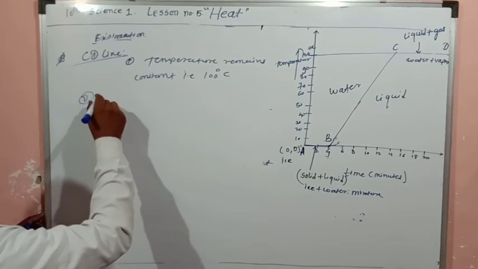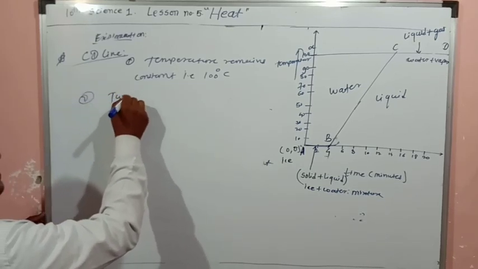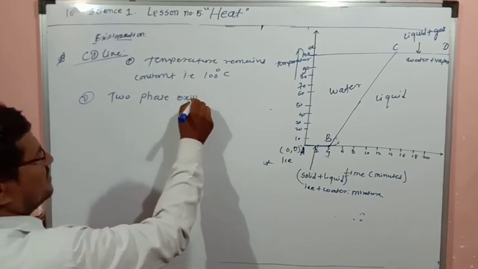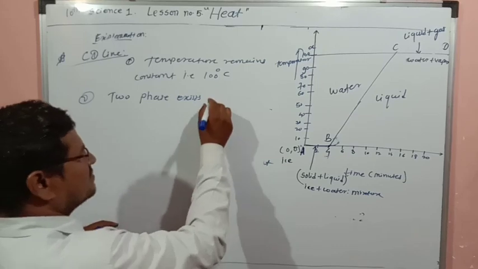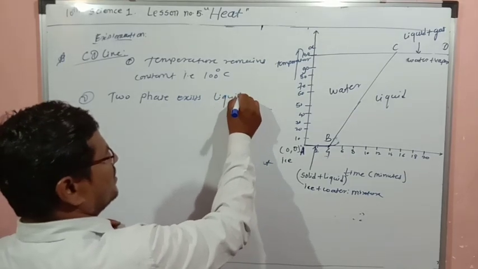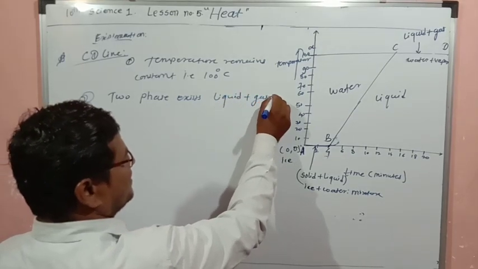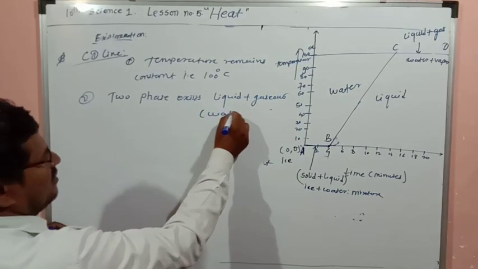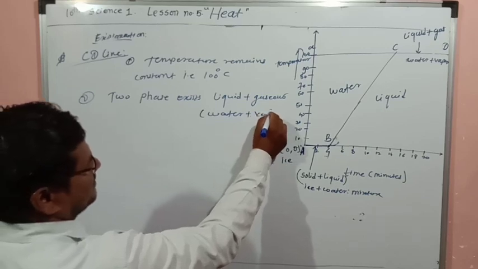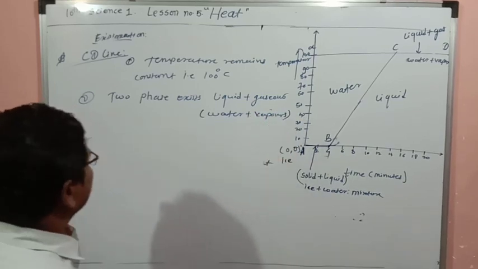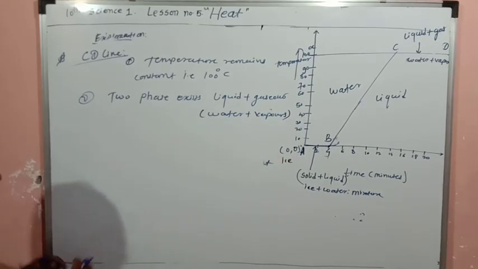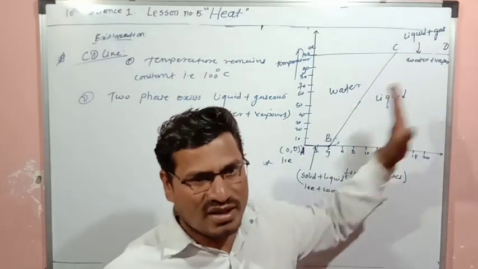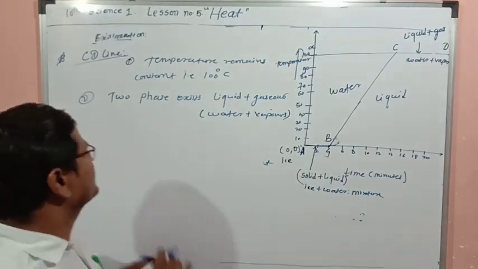Second, two phases exist. Which two phases? Liquid plus gaseous, that is water plus its vapors. Along CD the temperature remains constant at 100 degrees Celsius